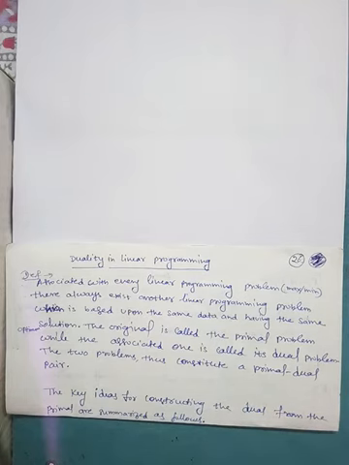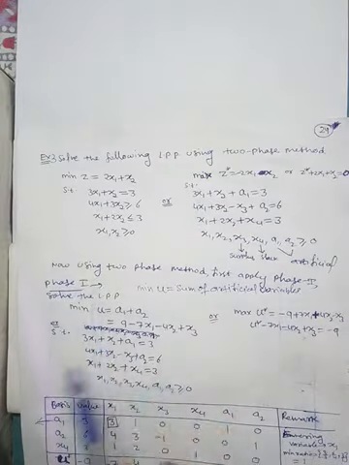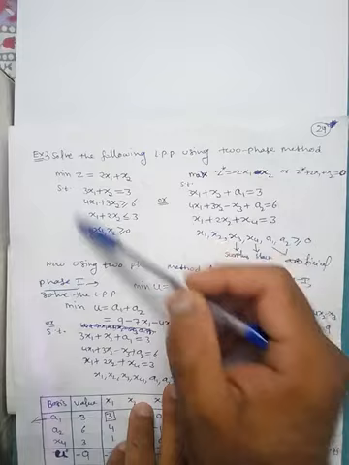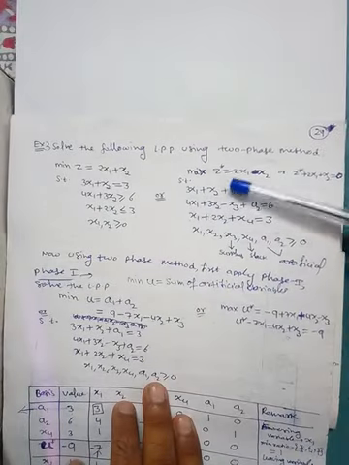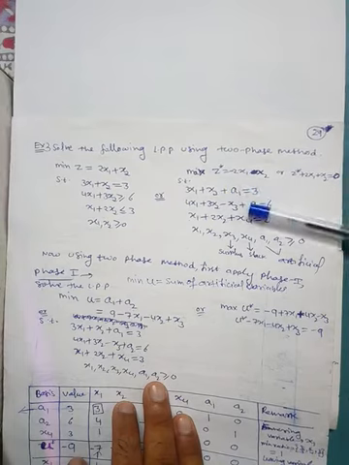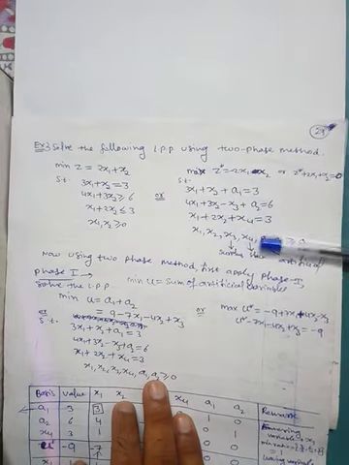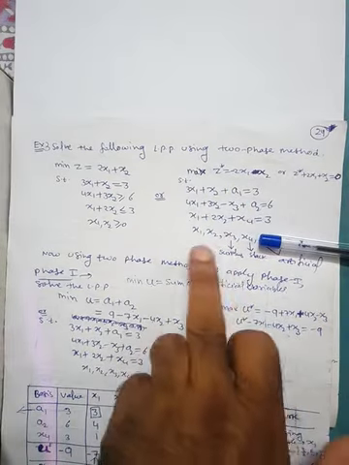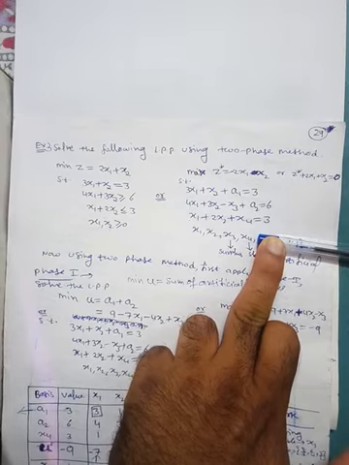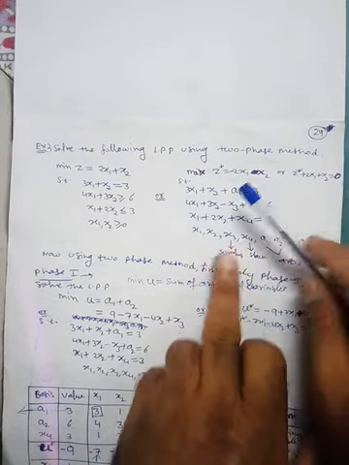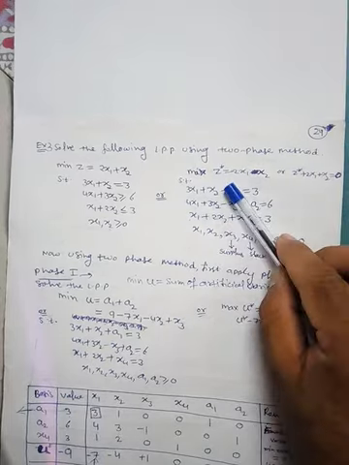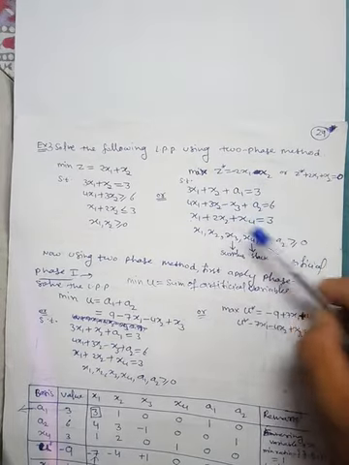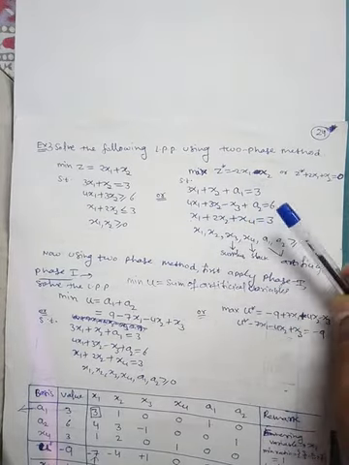In the previous video we have discussed this example. You can see that originally if we are not interested in use of artificial variable a1 and a2 here, then how many variables are there? We have overall 4 variables which will give you the problem in equation form. If we are not interested in a1 and a2, then we are having 4 variables.